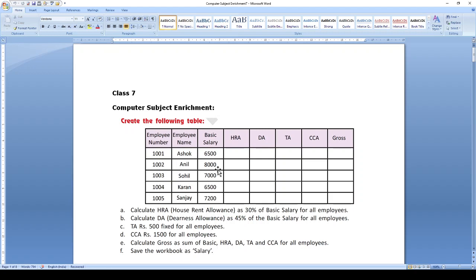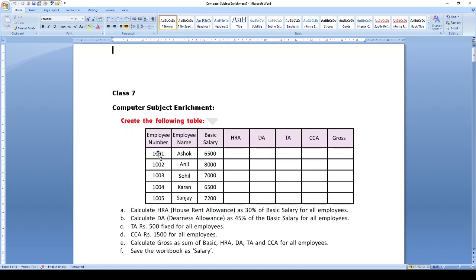You have to enter the five records. You have to fill in the fields for employee number, employee name, basic salary and keep all other fields empty, that is HRA, DA, TA, CCA and gross are to be kept empty, right?